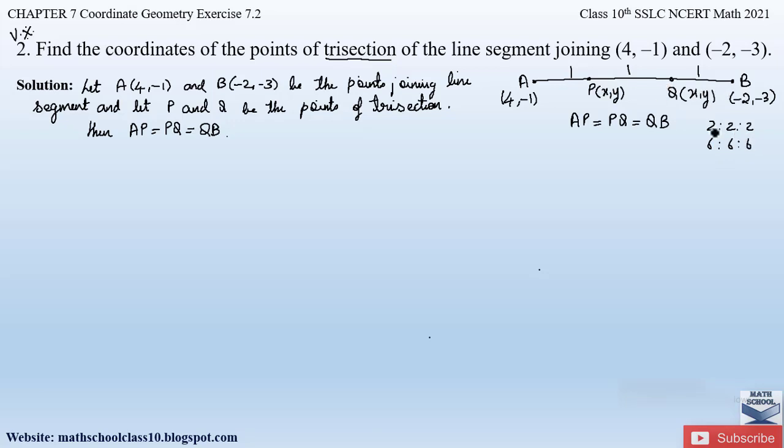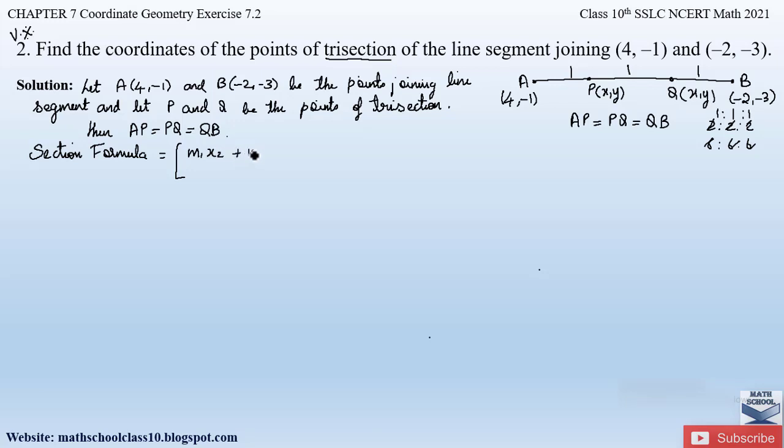But at the end, when you take the common factor, these ratios will cancel out and 1:1:1 will be left behind. So always remember, whenever the word trisection comes into the picture, we have to assume the ratio to be 1:1:1. Here they have given us trisection. If there are 4 sections, then you have to assume another section, that will be 1:1:1:1. So now we will find the coordinates of points P and Q by applying the section formula, which is given by